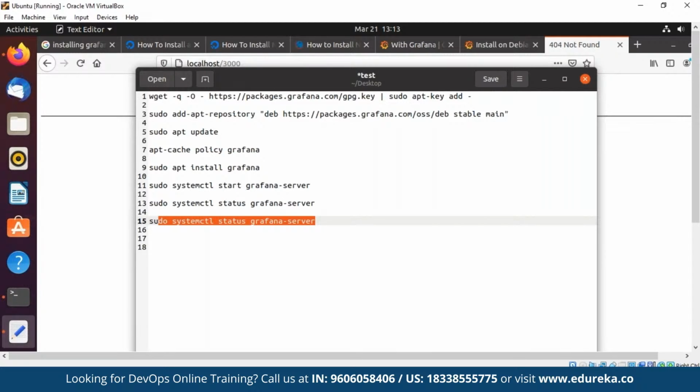Now, once that's done, you will be taken to the login page. The URL for you to log in will obviously be localhost colon 3000. Username, of course, is admin. Password is also admin. Now, if you want a new password and you don't want it to be admin, just type in the new password, confirm it and submit it. So you can also set that up accordingly. So once you've logged in,